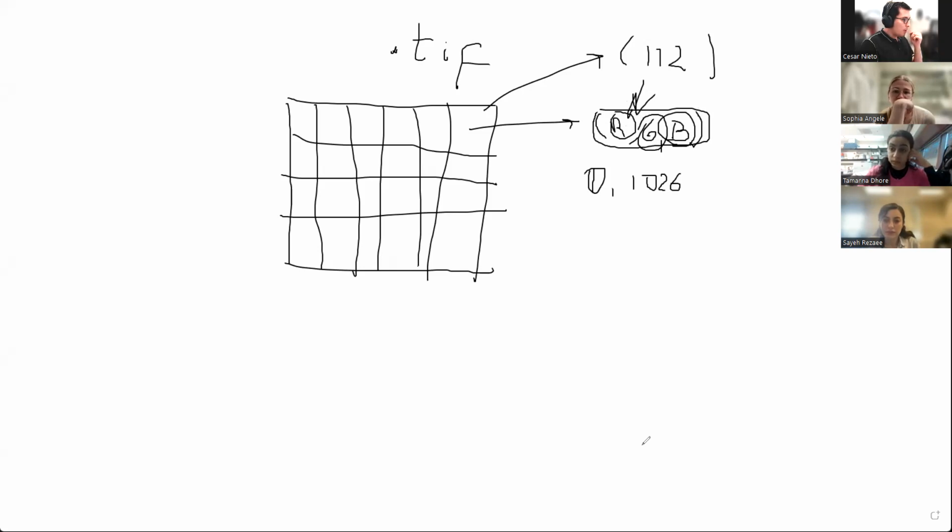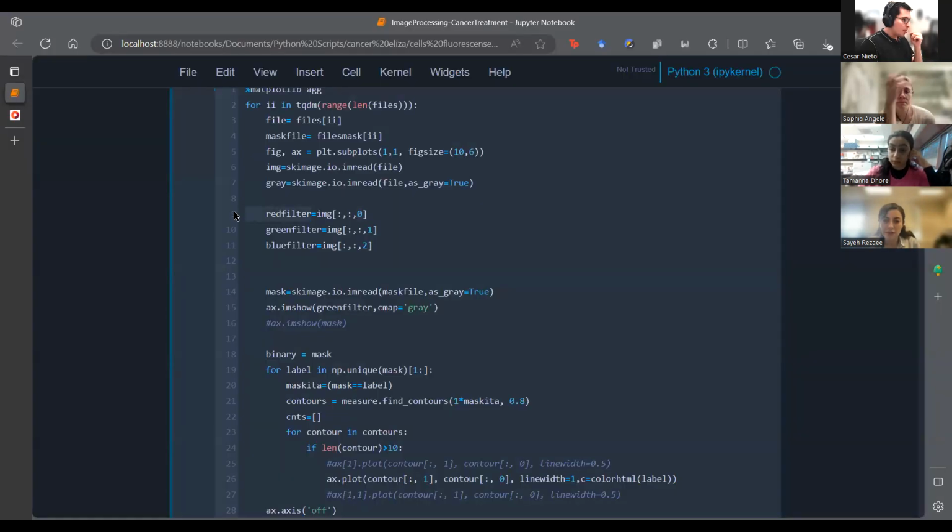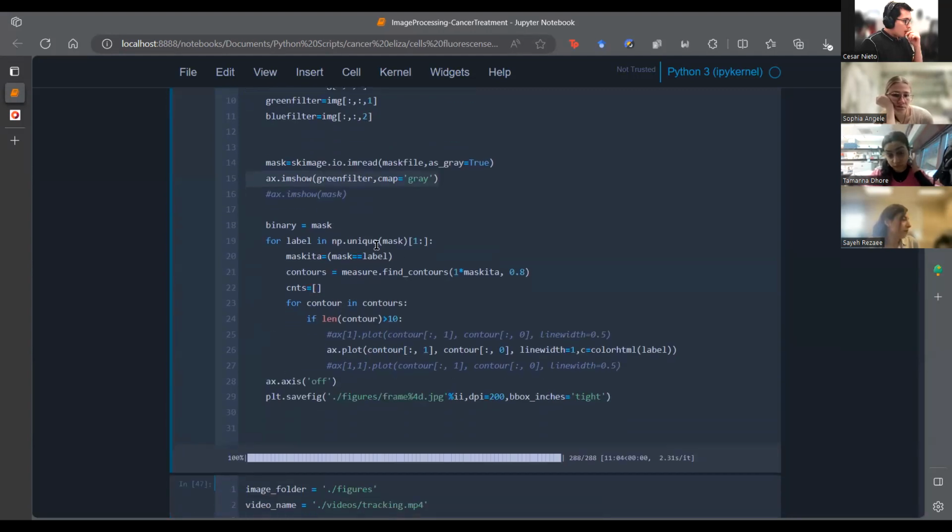Okay, so I split the channels into these 3 components. Then I read the mask, plot the image, and for all the masks,